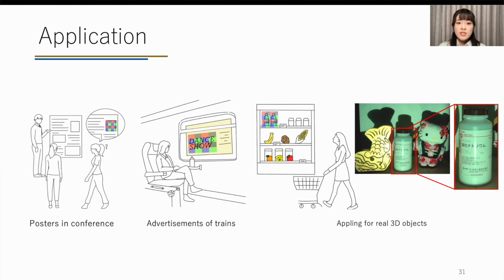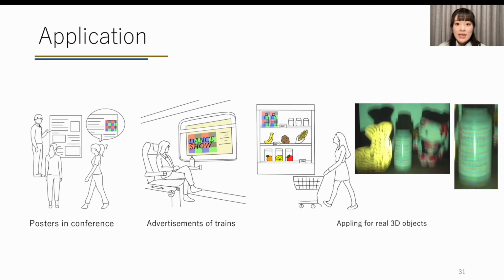The first is a poster presentation at a conference. By using white light with MOSion on an existing poster, we can make our point to a passing audience. The second is gaze guidance to vehicle advertisements. Our approach can promote the guidance effect not only by utilizing observers' movements, but also passive motion such as a train. The third is to guide the gaze to 3D products. By applying MOSion to objects in shopping stores, it is possible to guide the gaze of passing customers to a specific product.